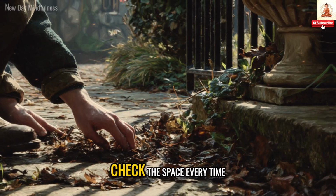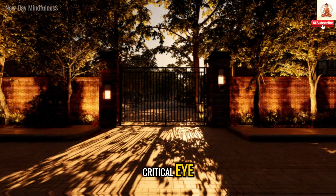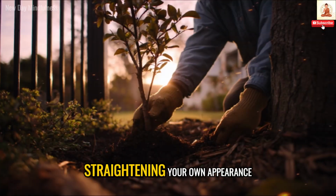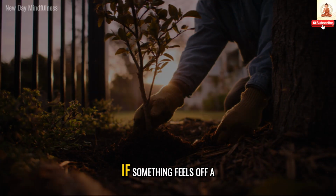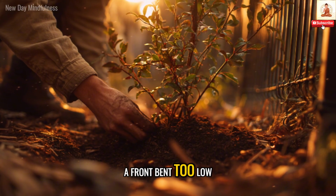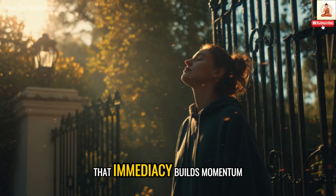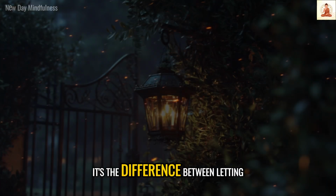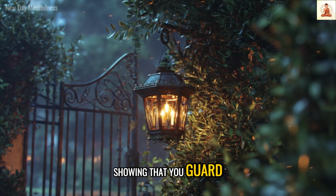Make it a habit to check the space every time you leave or return, not with a critical eye, but with the same care you'd give to straightening your own appearance before meeting someone important. If something feels off, a broken branch, a frond bent too low, address it right away. That immediacy builds momentum. It's the difference between letting small problems take root and showing that you guard the quality